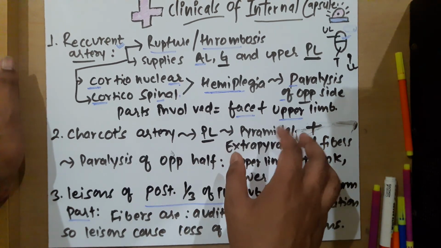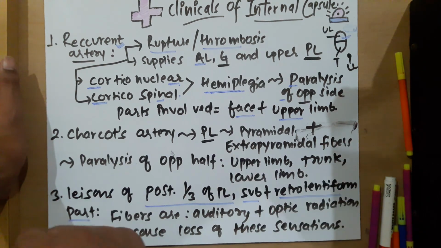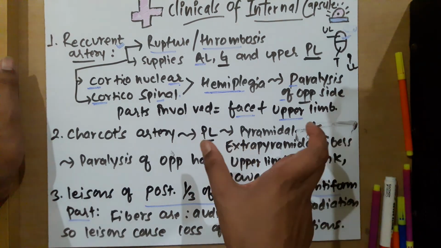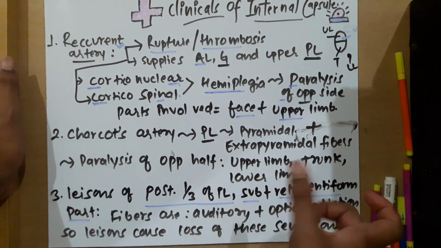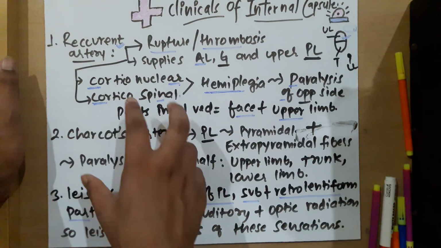and the posterior limb consists of the pyramidal and extrapyramidal fibers. Yes or no? So the major fibers are the corticospinal, the major fiber in the